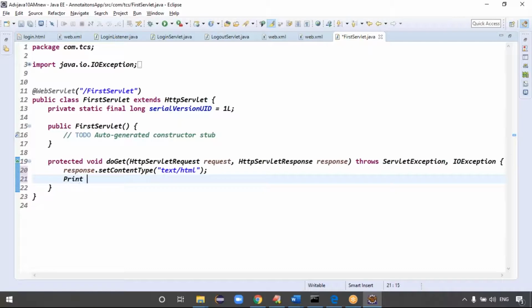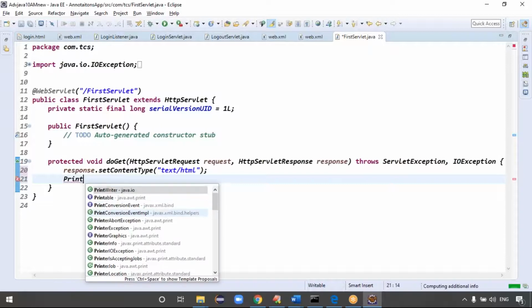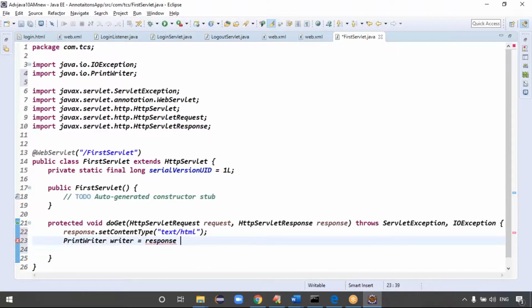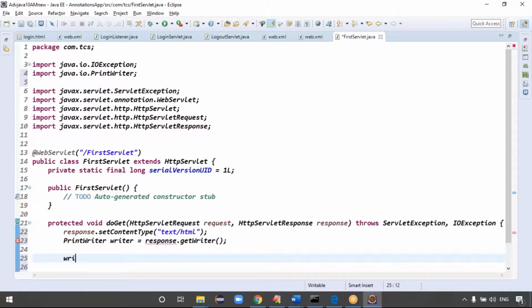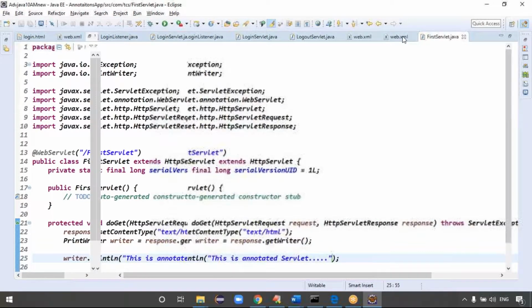Next you can write the PrintWriter object. So PrintWriter equal to response.getWriter, right? That's it. Just simply write the writer's println. So this is an annotated servlet, right? Exactly. Is that clear now?